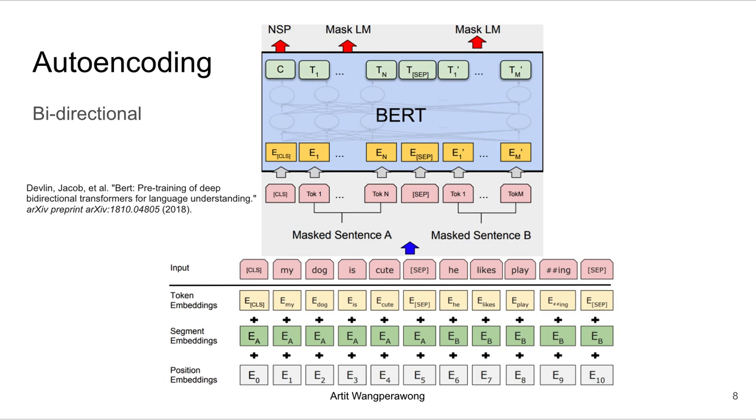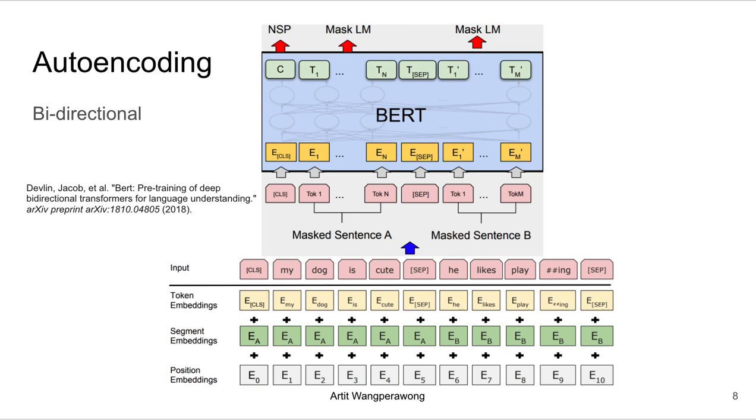a different token. And we take this input and we add to it, first we have the token embeddings after the subword tokenization. We add the segment embeddings. There are two segments, A and B, because there are two sentences, A and B. And then we add the position embeddings, which indicate which position in the sequence each token belongs to. So this is the input into the model, into BERT, and what BERT does when it's pre-training is it masks